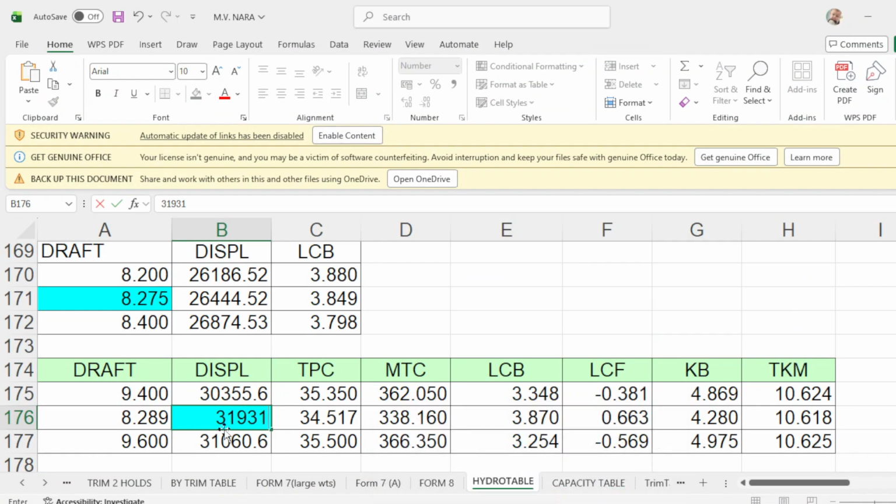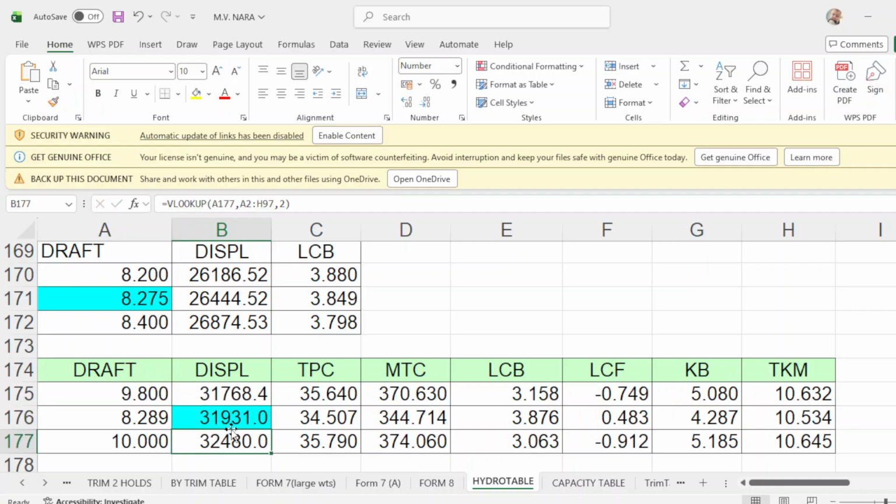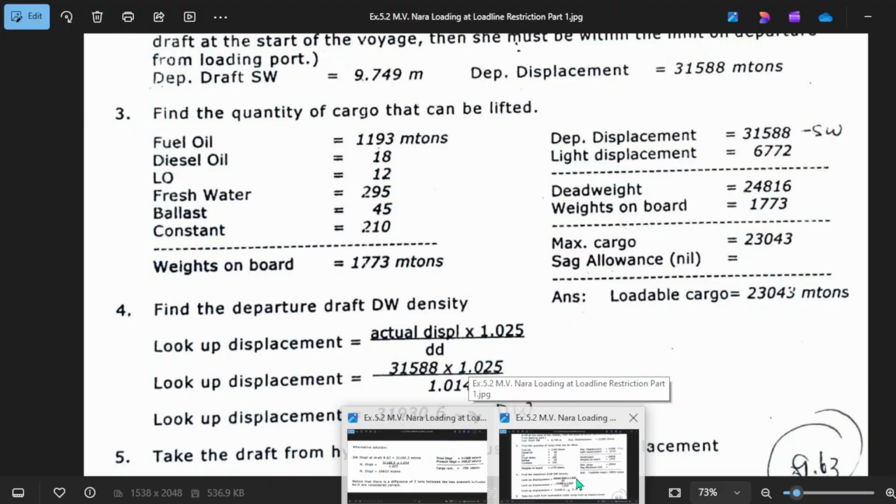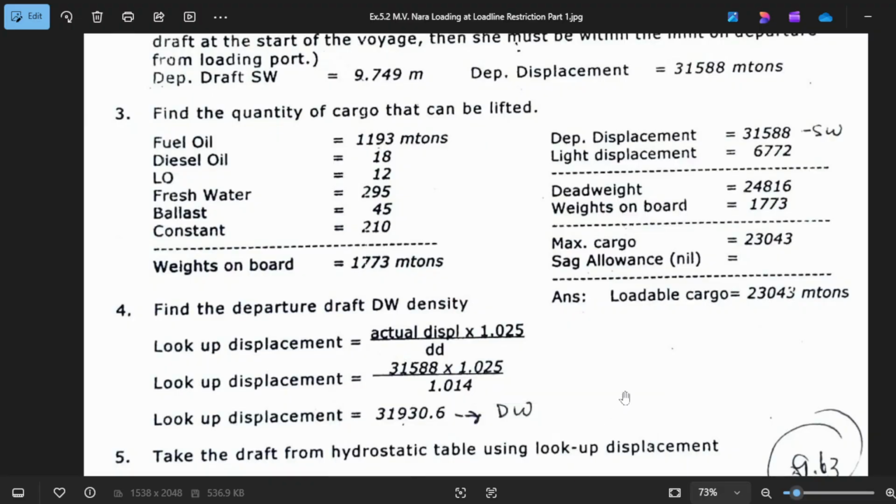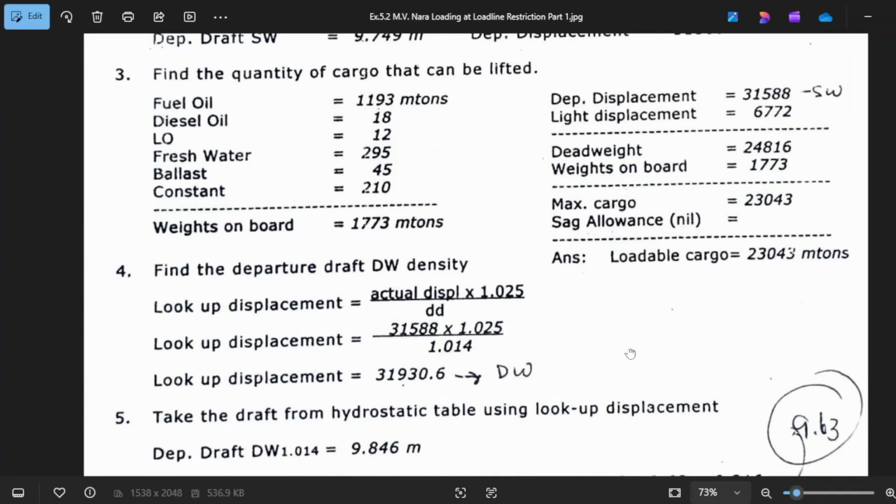Put enter. That will be, how much did I get here? Should be 9.864.